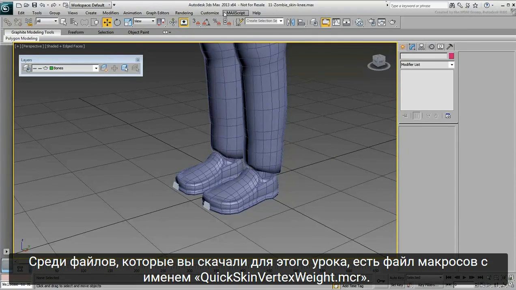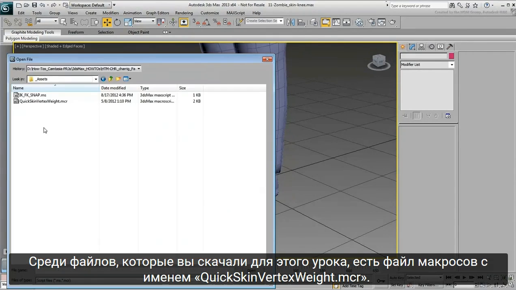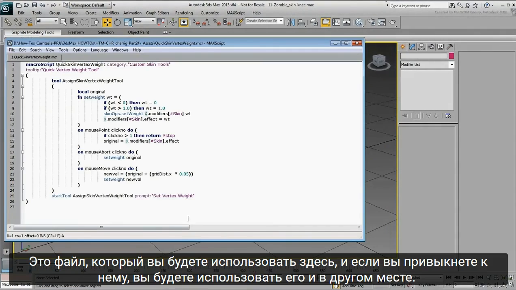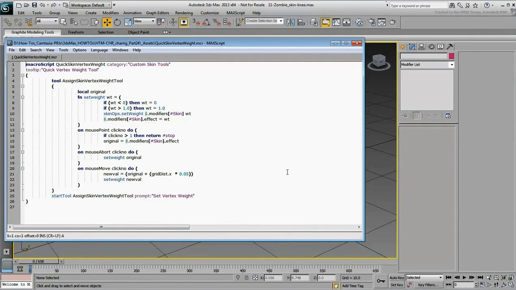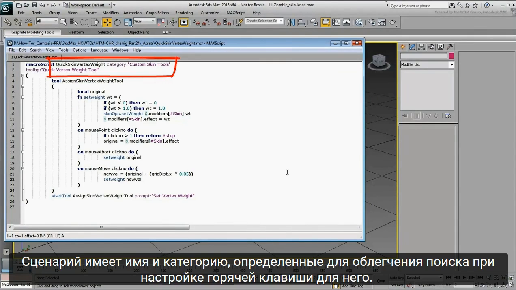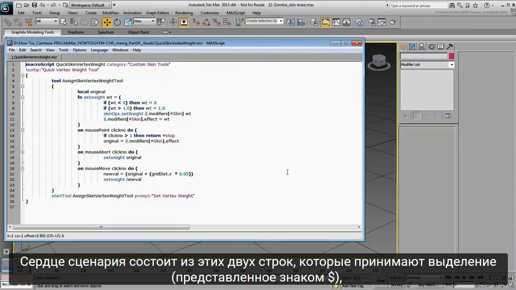Among the files you downloaded for this tutorial is a macro script file named quickskinvertexweight.mcr. This is a file you will be using here, and if you get used to it, you'll be using it elsewhere as well. The coding itself is pretty straightforward. The script has a name and a category defined to make it easier to find when customizing a hotkey for it. The heart of the script is made of these two lines here that take a selection, represented by the